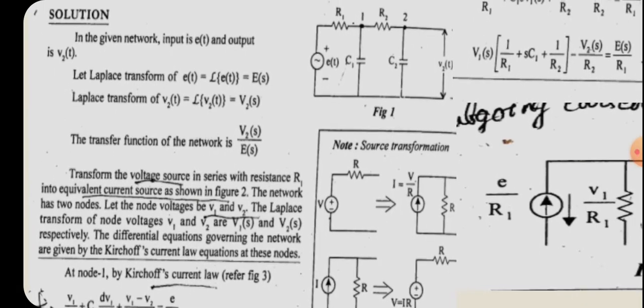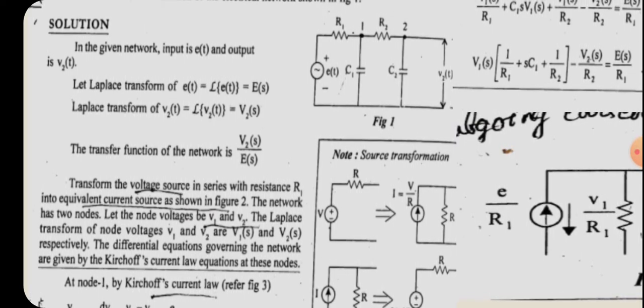So first of all, for doing the problem, we know that in the previous section also we can use the KVL rule or the KCL rule for getting the differential equation. Here we are using the nodal analysis. You may have studied in the previous class that for applying the nodal analysis, it is better if the network has a current source, but here it is seen that there is a voltage source. So what will we do?